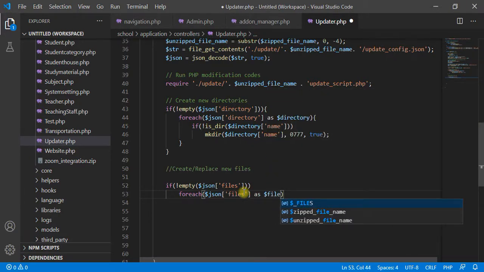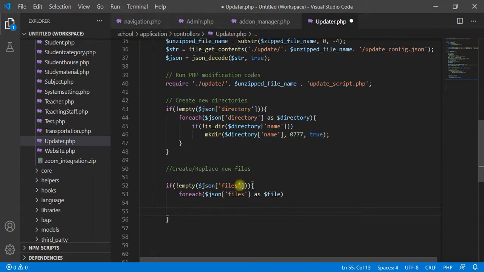Good. Now that we have that, what happens? Guys, I'm sorry, I forgot to put something here. All right, sorry about that. So for each of this json files,